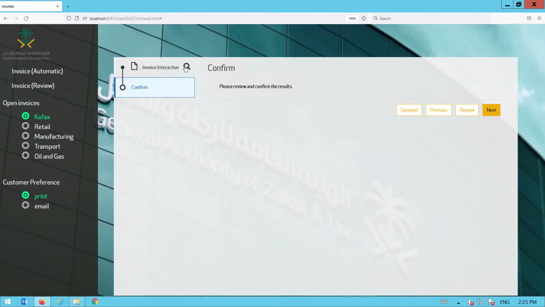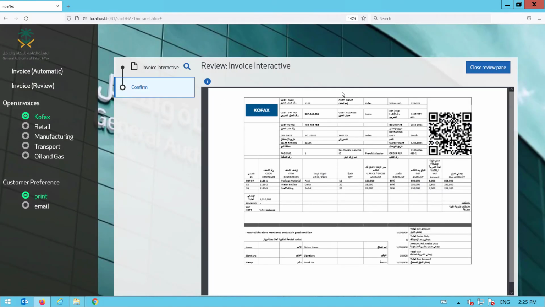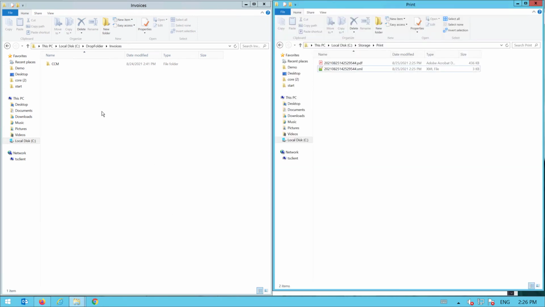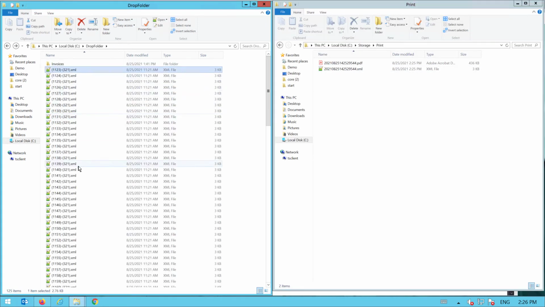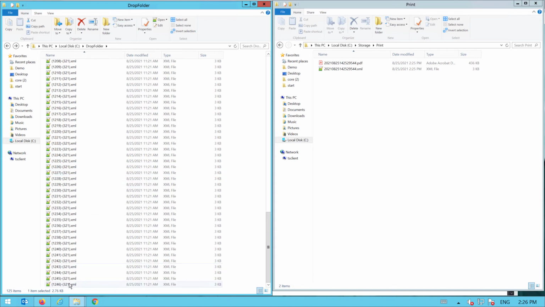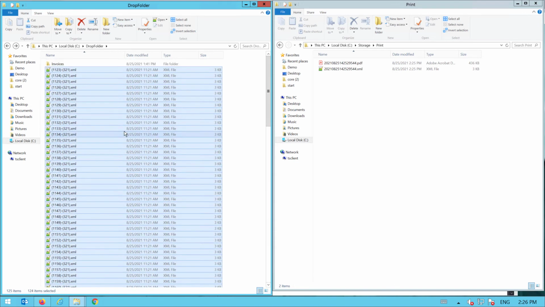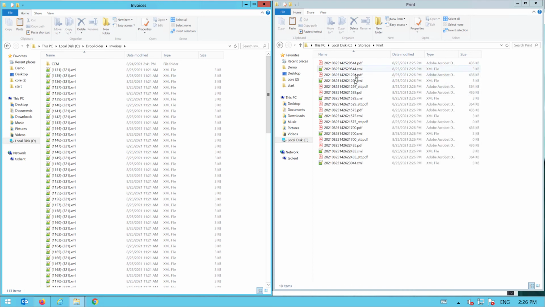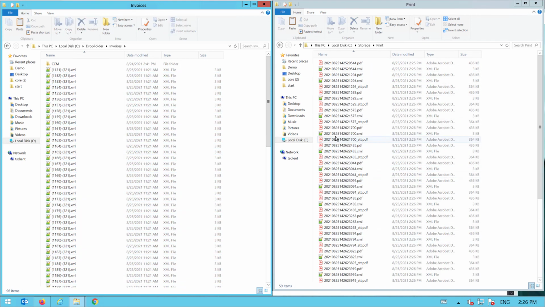And once we've done that, we have the exact same invoice there as well. You can also use this solution to generate invoices automatically. So I've got over 100 invoices here ready to be generated. As you can see, they are XML format right now, but that could also be done through a web service interface or through a direct API integration. I'm just going to paste them here, and you can immediately see that these invoices are being generated with the XML files with lightning speed.